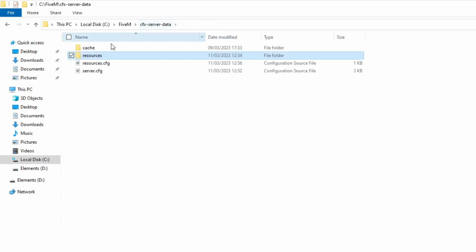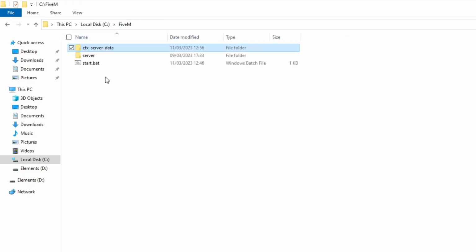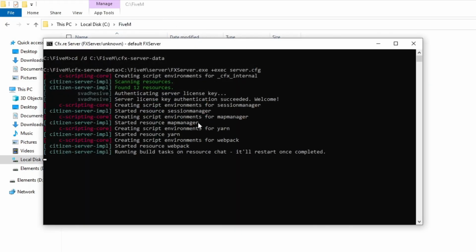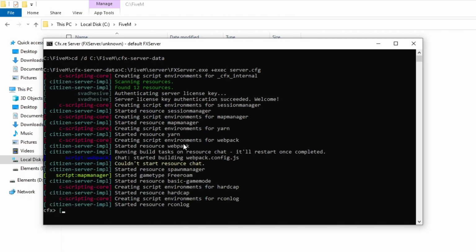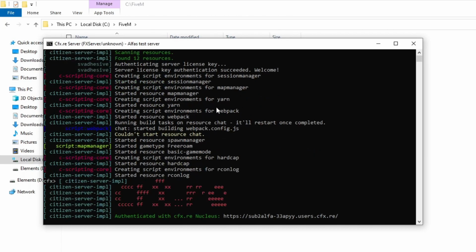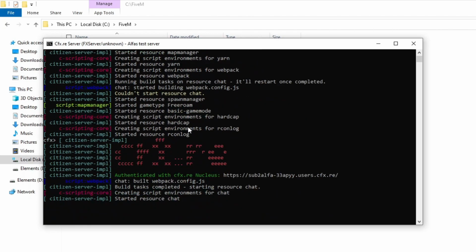So I'm going to give you an example of doing that by deleting the server cache. And now if I run the server, on the console just here, as you can see, it's starting the resource yarn and starting the resource webpack because chat needs to start. So it'll say running build task on resource chat. It will restart once completed. So obviously it can't restart it just yet, but once yarn and webpack have started, it now starts the resource